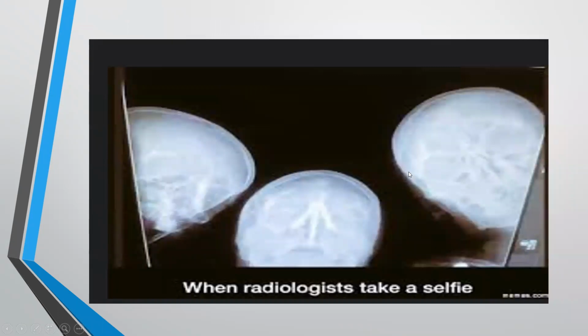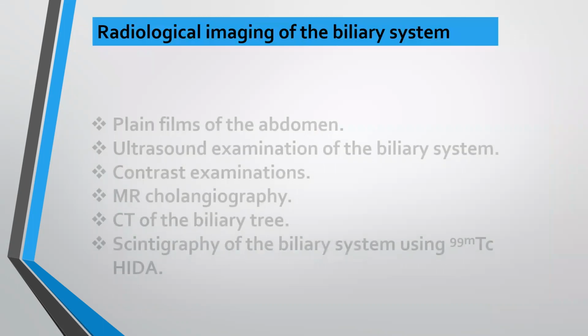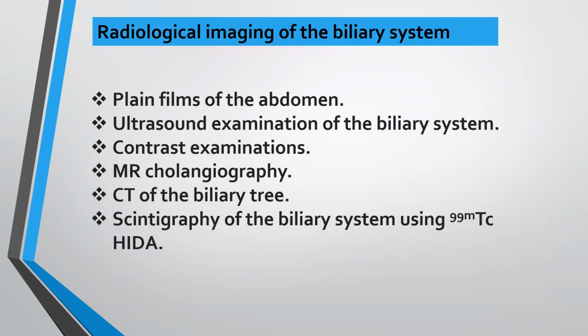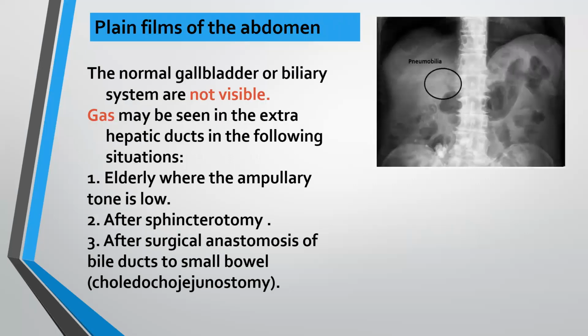Now coming to the radiological imaging of the biliary system. Key forms of imaging: ultrasound examination, contrast examination, MR cholangiography, CT of the biliary tree, and last thing is scintigraphy of the biliary system. Plain film of the abdomen: